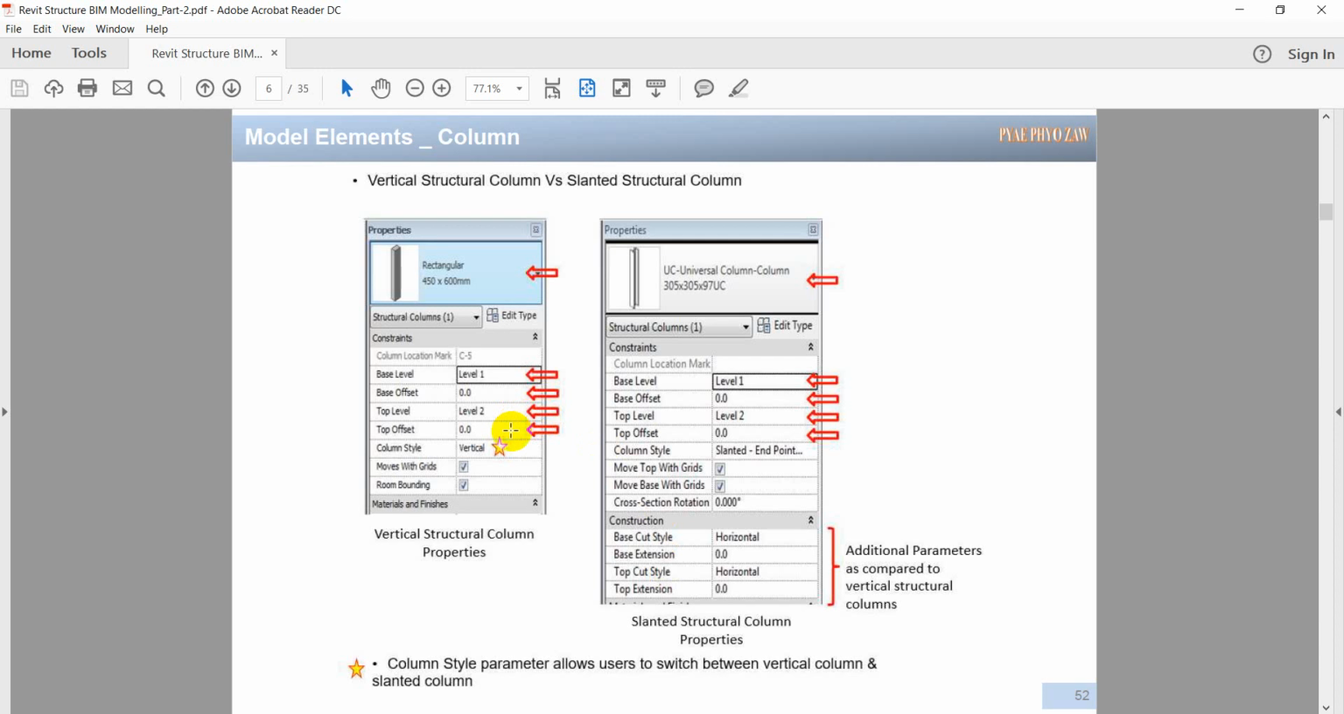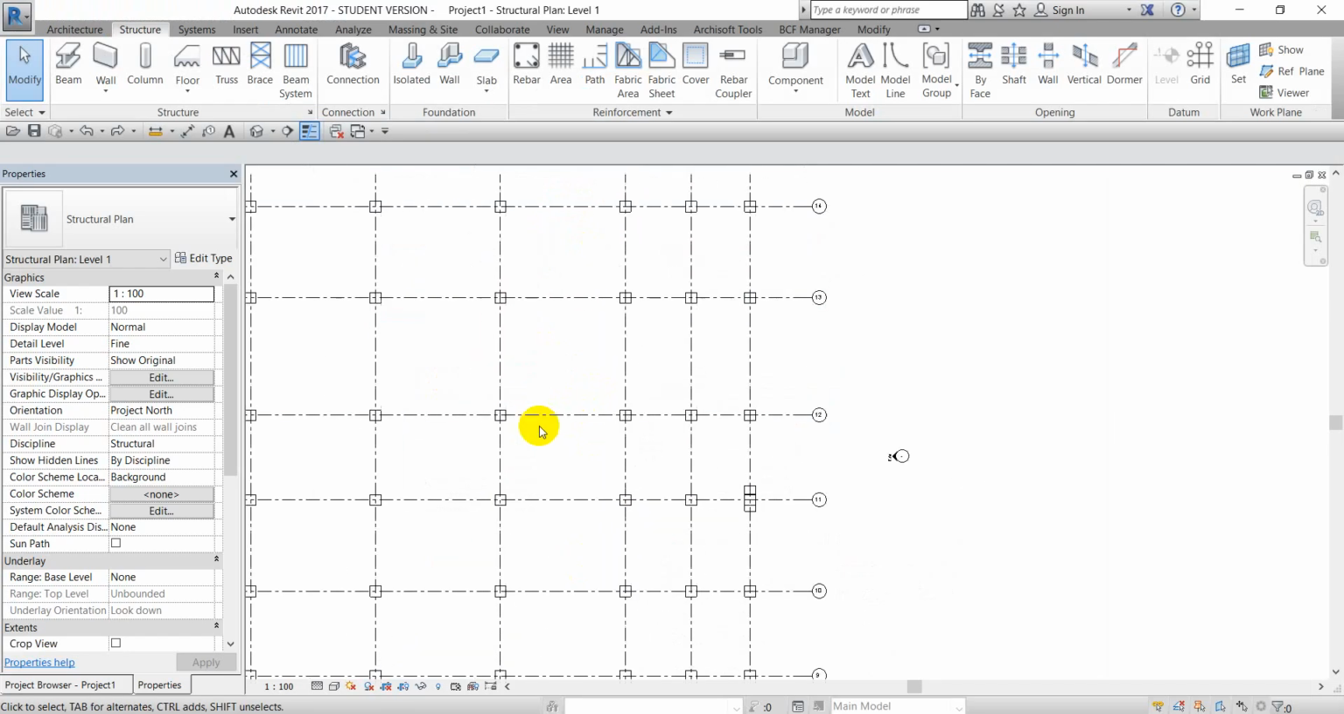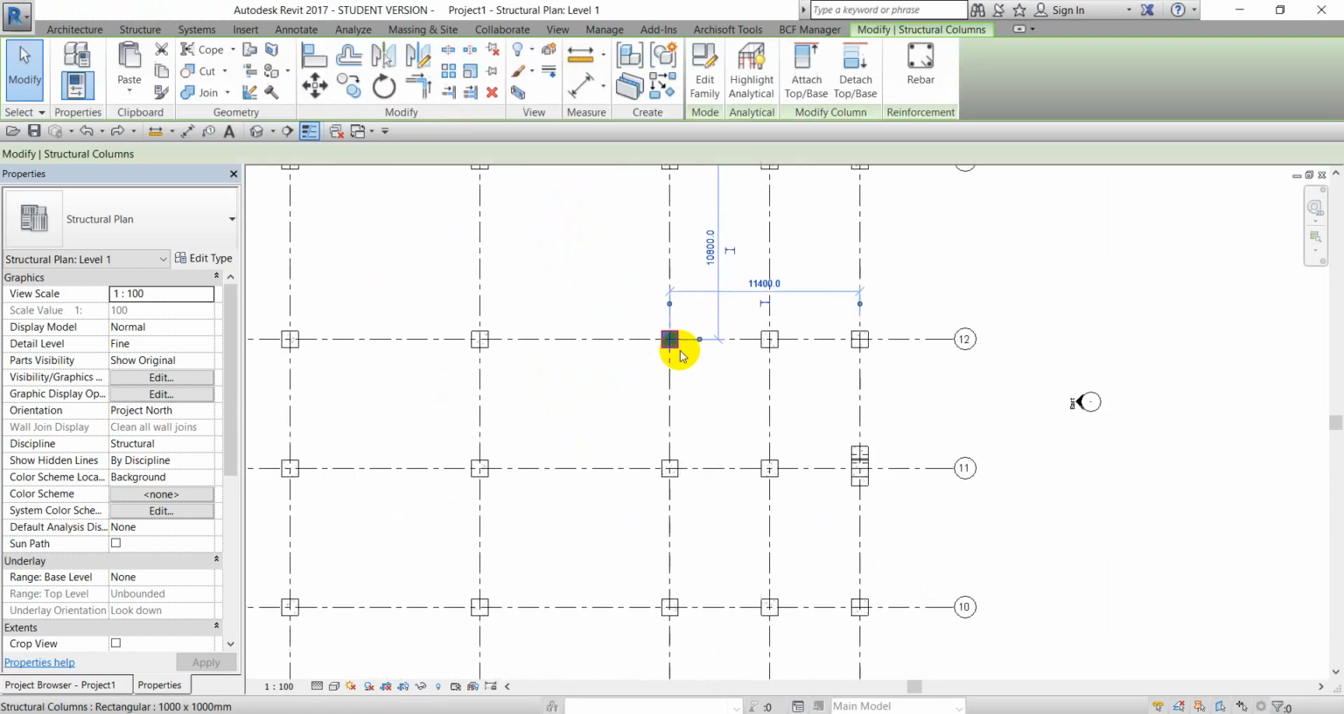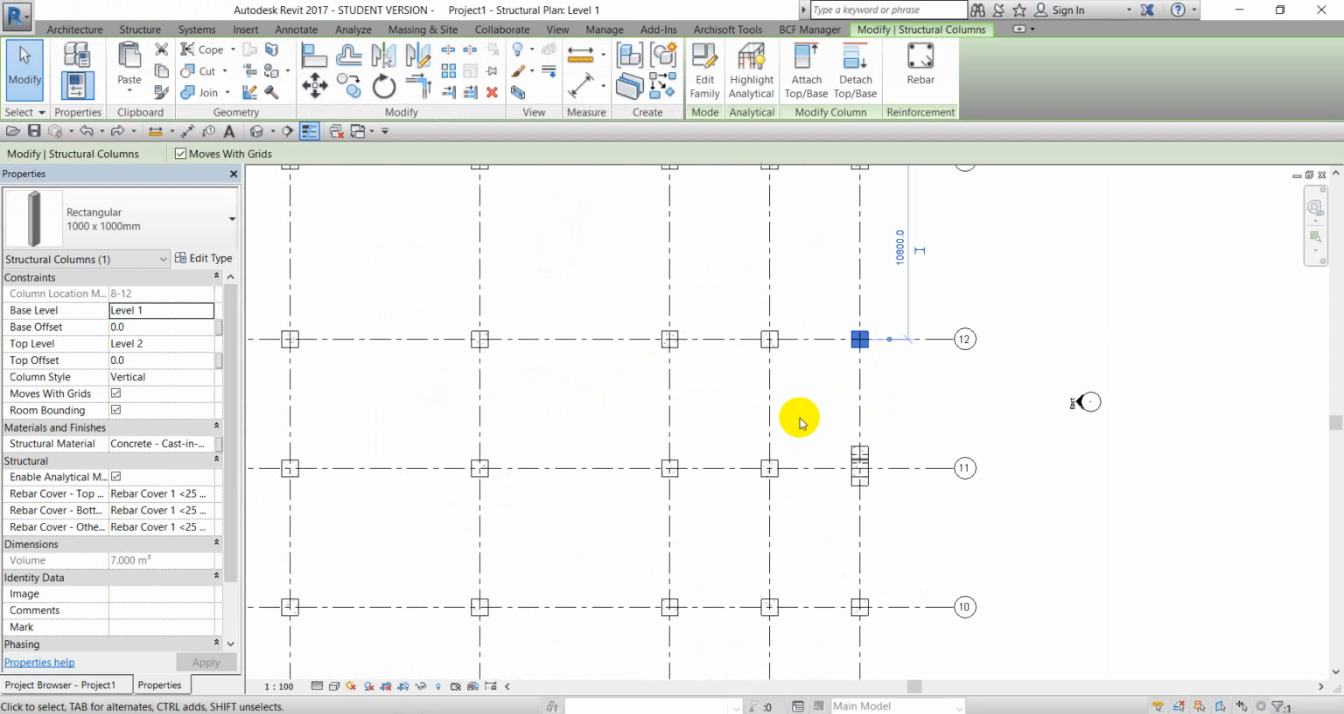So just now I showed you the archi column and structure column we have. So what is the difference between structure column and archi column? This one we can change in one click. Let's say this rectangular column, I select this rectangular column and go to the property tab under the structure. I have the enable analytical model. If I uncheck this one,